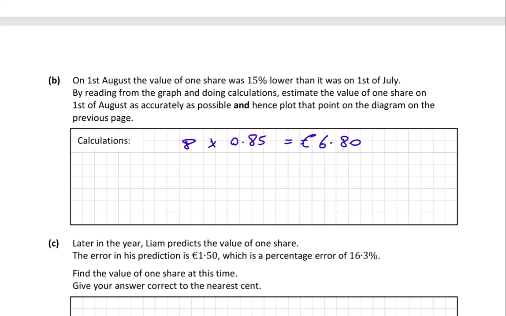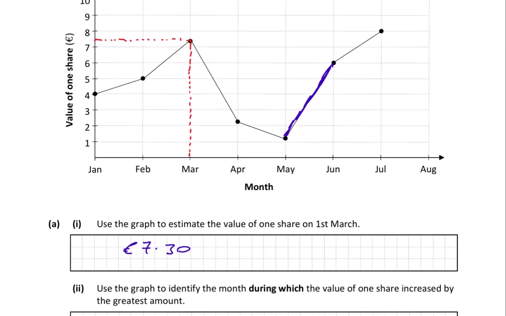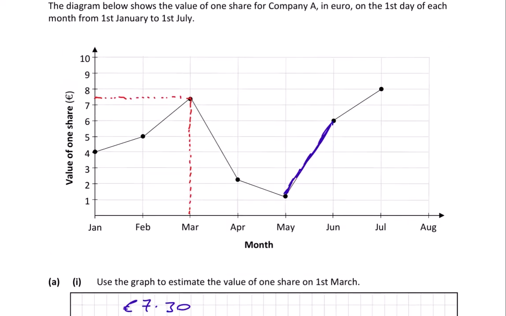€6.80. So we've got to plot that on the graph. So it's €6.80. So let's see, where's that? That's going to be somewhere around here. I've got to join that up here like that. Use a ruler again. Mine is not exactly straight, but use a ruler. And remember, all we did was we came up along here and straight across here again using a ruler to